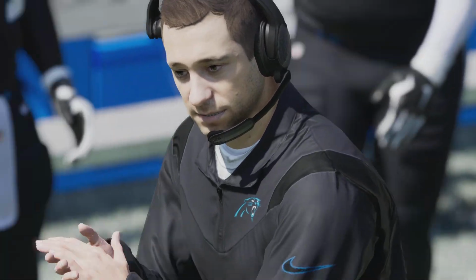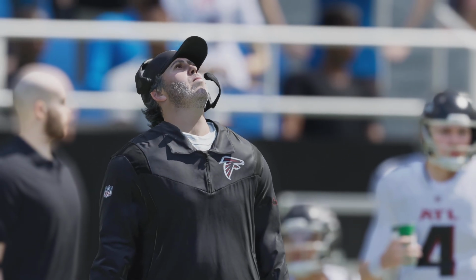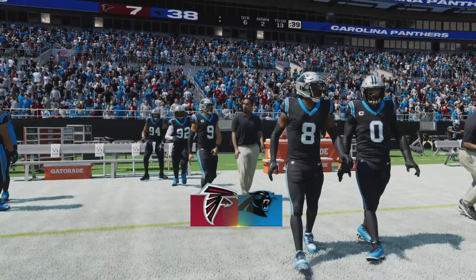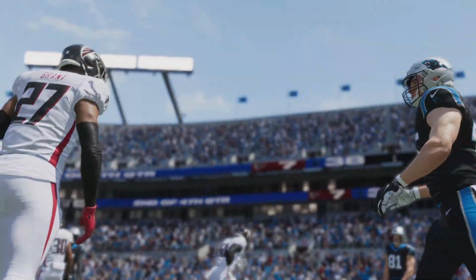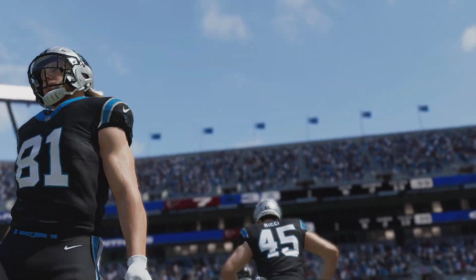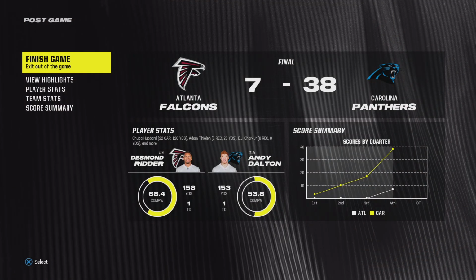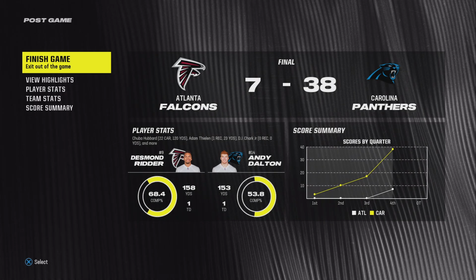Well, this was a really nice display, Charles, of complementary football, especially how much they were humming in the second half to pull away and get the victory. Really a complete performance. And so much fun when you're able to have everyone contribute on both sides of the ball. You go back in the locker room and you just savor it, right? Because that's what football's all about. A true team game, and they got it done in this one. So for Carolina, they can